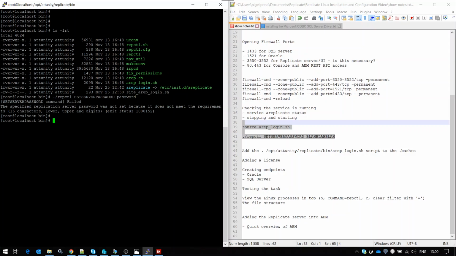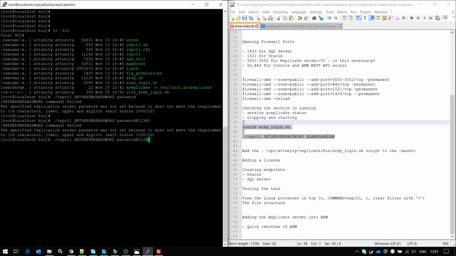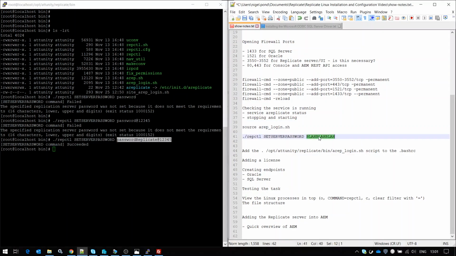Oh, yes. Latest version of Replicate says that you must have something that has 16 characters, lower and upper digits, etc. So let me set something sensible. Not really, but let's see if that works. Oh no, still not. There we go, and it's now successful. So I'm just going to copy this so I don't forget it. Let's put it here. Save that. Okay, so it's now saved that,